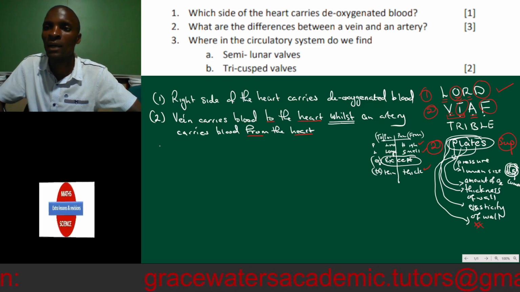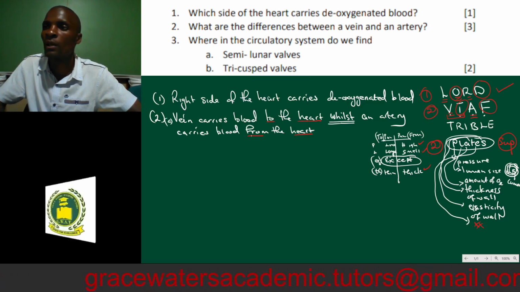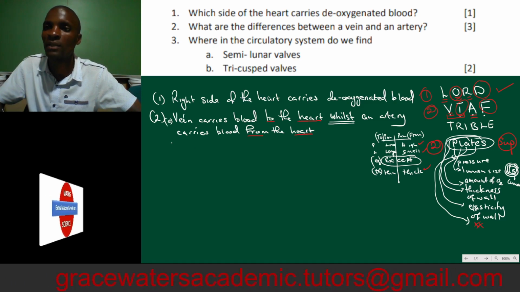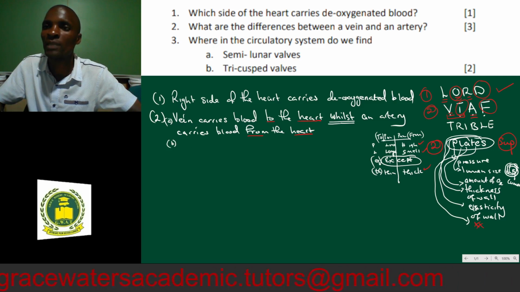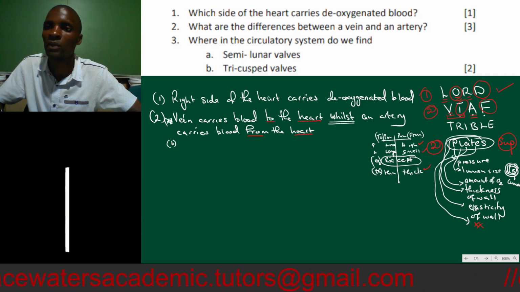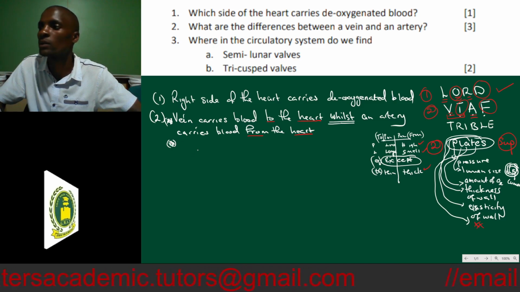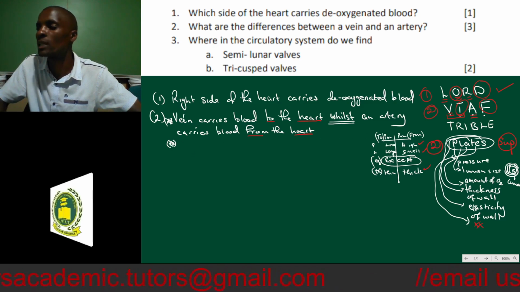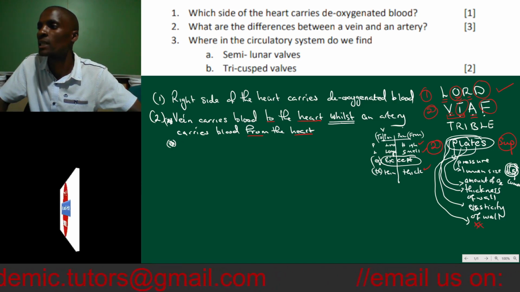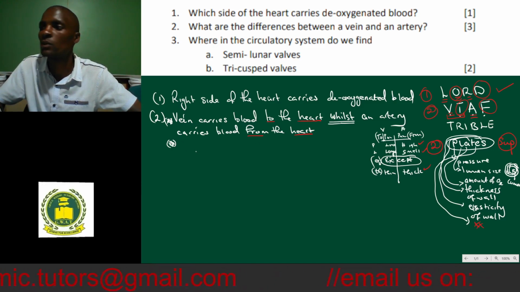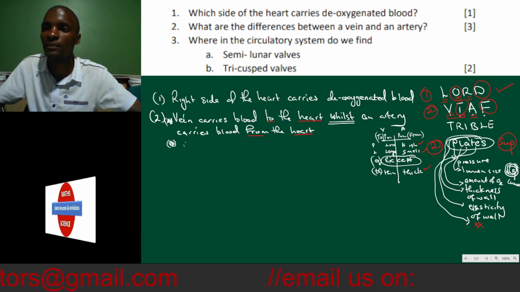This means here we are going to say A, this is equivalent to 1 mark, and then you say B, or you just put dots or a slash or whatever to show that this is the next point. So which one is carrying to the heart? It's a vein. Which one is carrying from the heart? It's an artery. So what you're going to say is veins carry blood with low pressure,